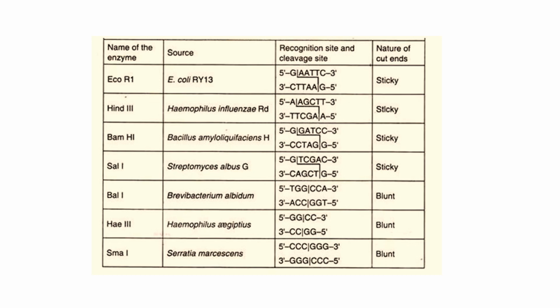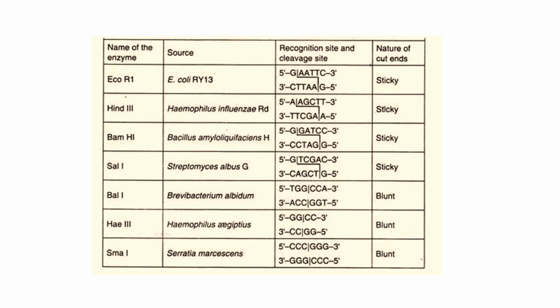Okay, if you consider EcoR1, E for Escherichia, C for coli, R for RY13 strain. Okay, Hind3, here you all have studied about the naming a few minutes back. These are the enzymes, the sources, the recognition and the cleavage site, and you have to remember the after base pair cutting site or cleavage site in which direction. Here I am telling,